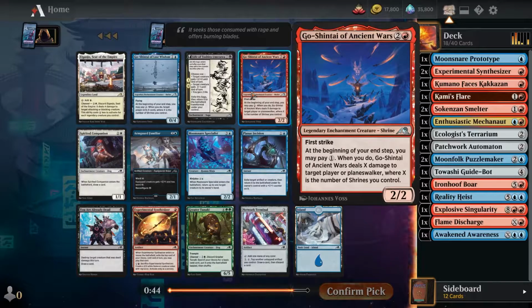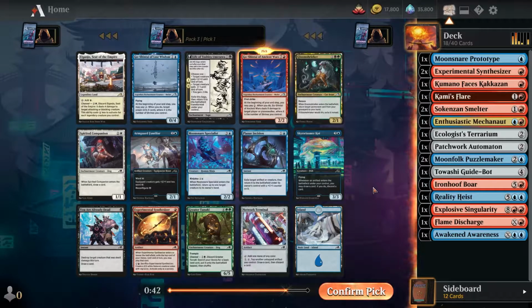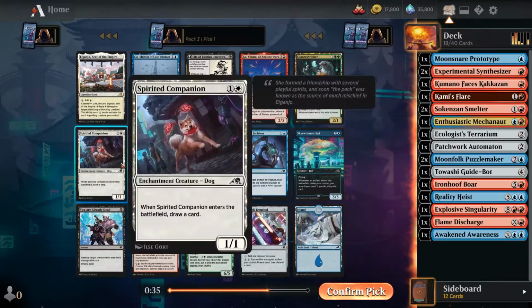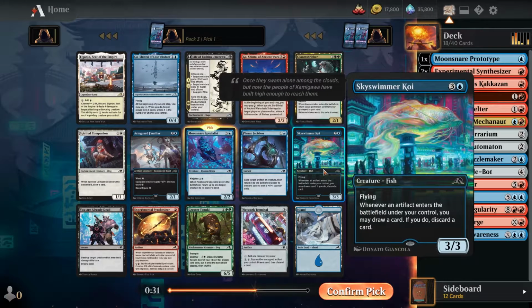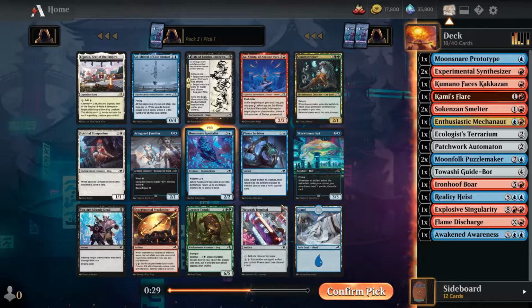All right. This is okay. I mean, it's not great. I'd rather have the Moon Snare Specialist, actually. Or Network Terminal. I don't think I'm that hard up. I guess the Sky Swimmer Koi might be okay, but I think the...